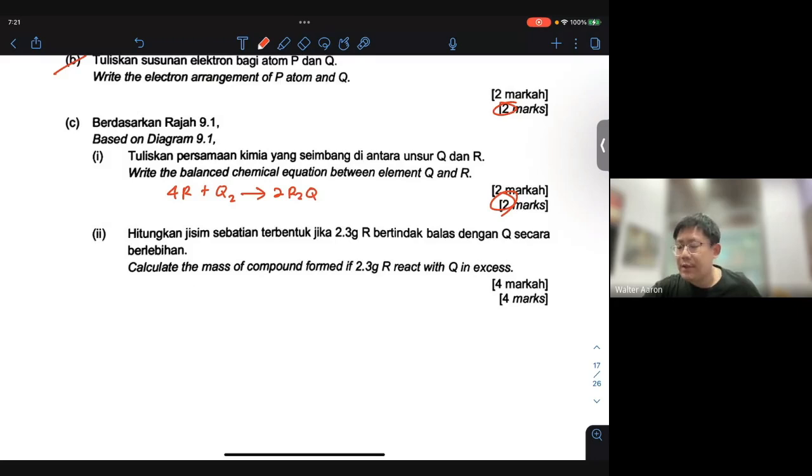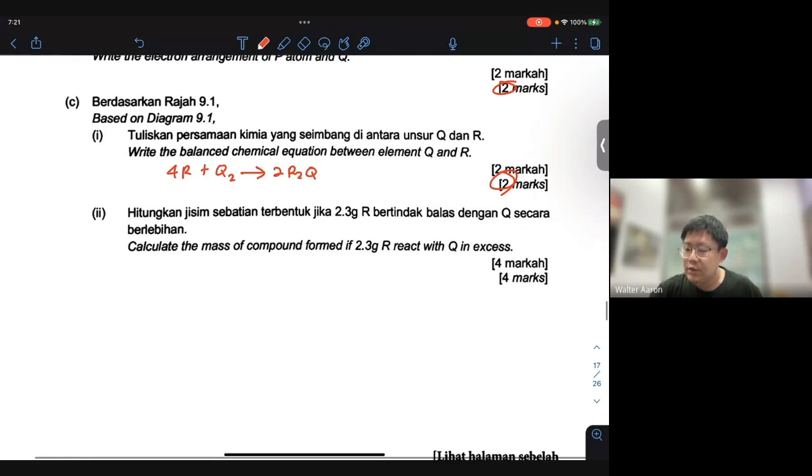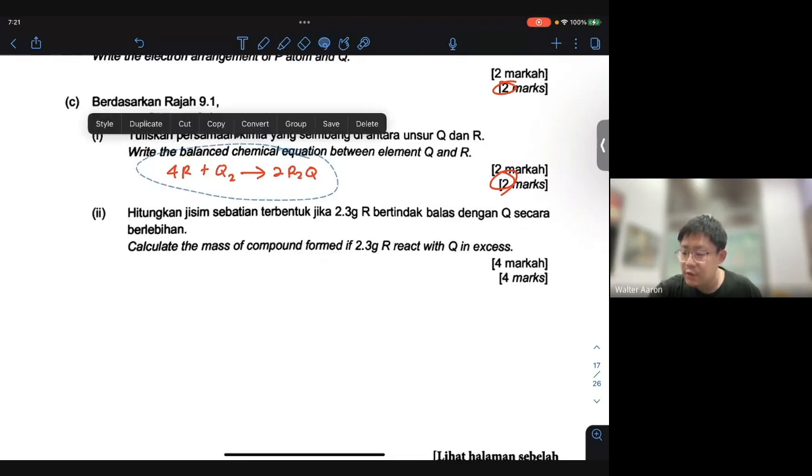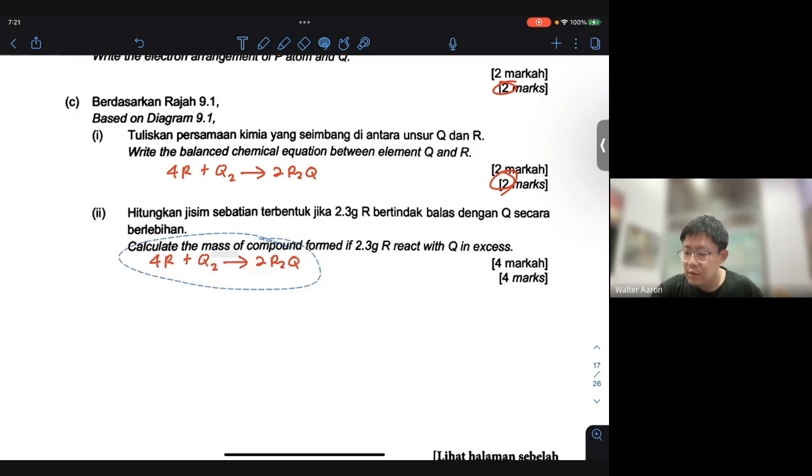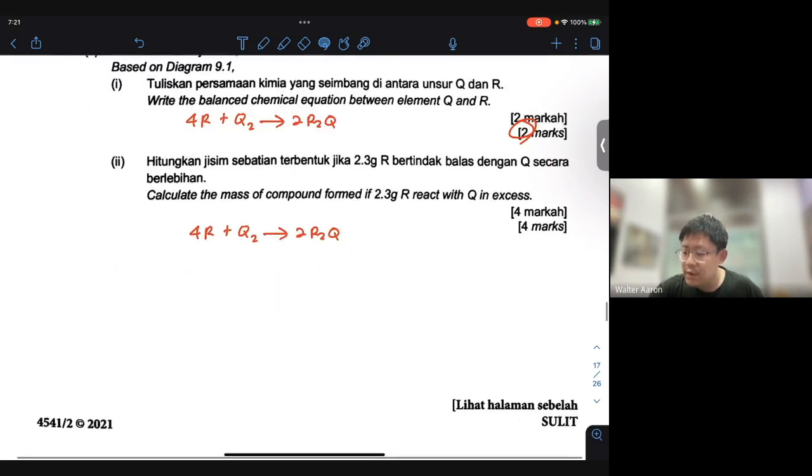C2, calculate the mass of the compound formed if 2.3 grams of R reacted with Q in excess. So right now, we're going to use the same equation over here. So right now, we have a total of 2.3 grams of R. So the number of moles of R will be